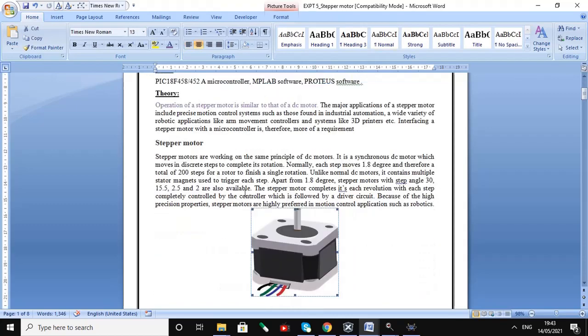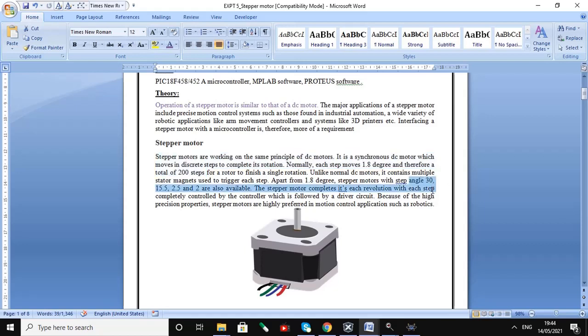Now, stepper motors work on the same principle as a DC motor. It is a synchronous DC motor which moves in discrete steps to complete its rotation. Normally each step moves 1.8 degrees, and therefore it takes a total of 200 steps to finish a single rotation. Unlike a normal DC motor, it contains multiple stator magnets used to trigger each step. Apart from 1.8 degrees, stepper motors with a step angle of 30 degrees,